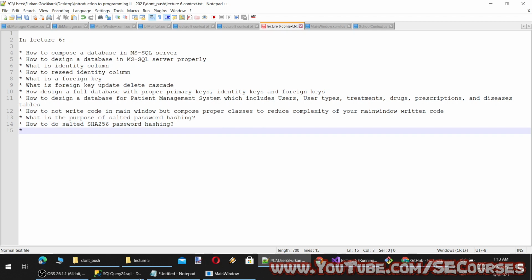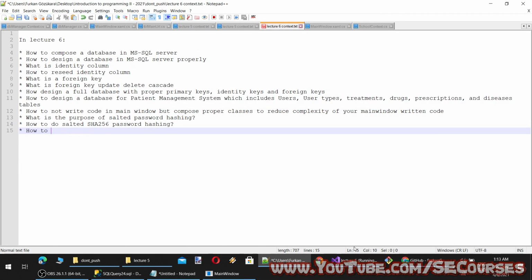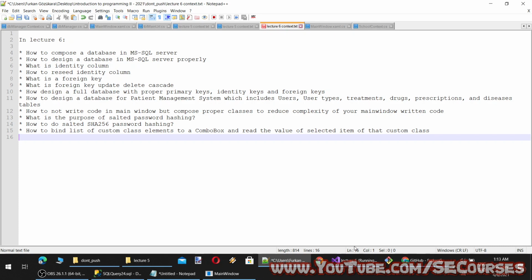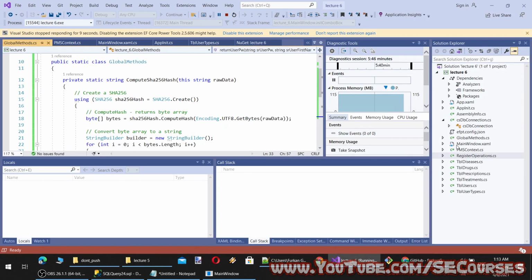Okay, what else? How to bind a list of custom class elements to a combo box and read the value of the selected item of that custom class. Okay, what else did we do?